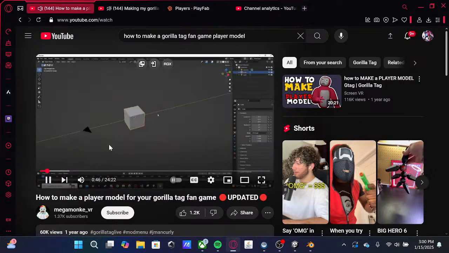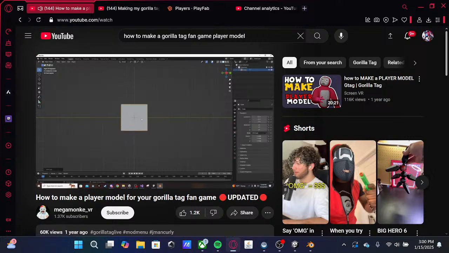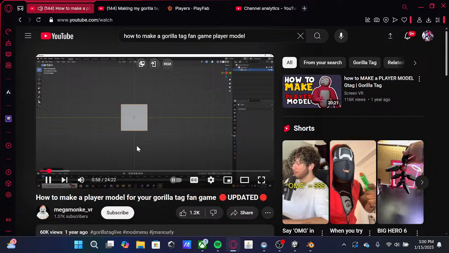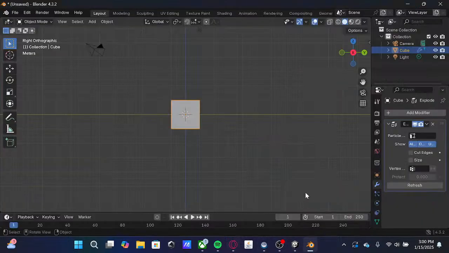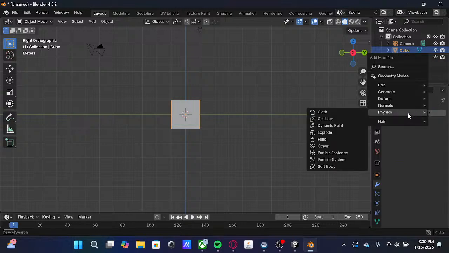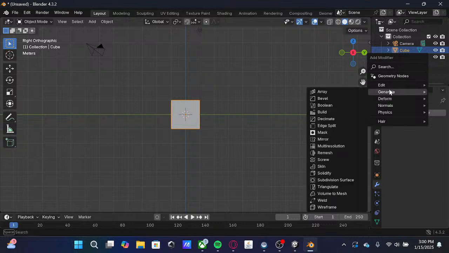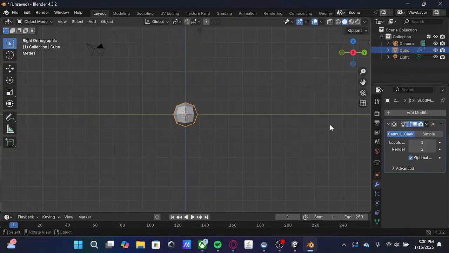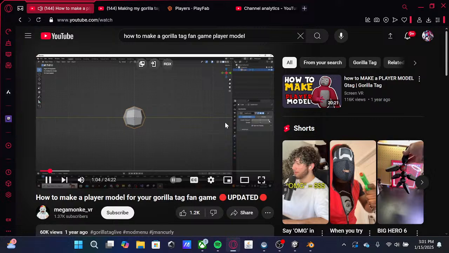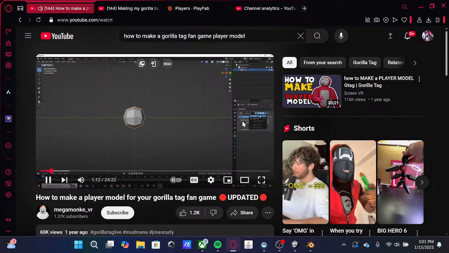Then change the subdivision surface settings. I'll keep it here, and then just click this little drop down arrow right here, and then click apply, and then